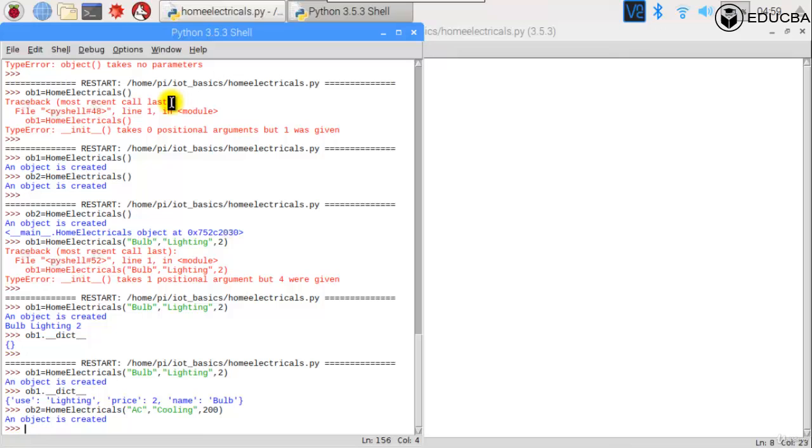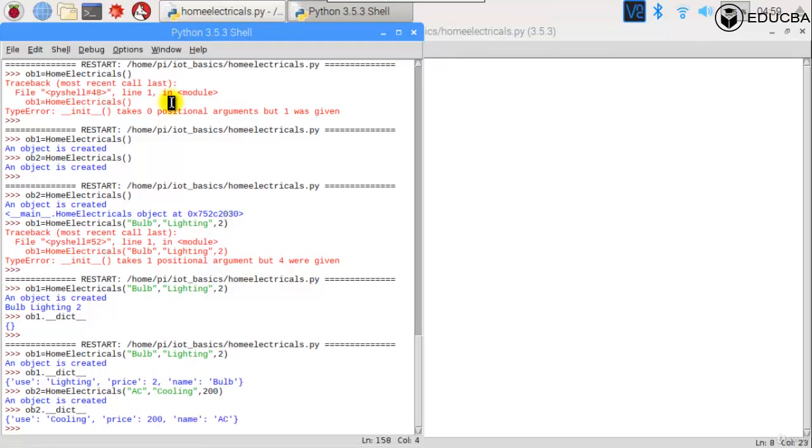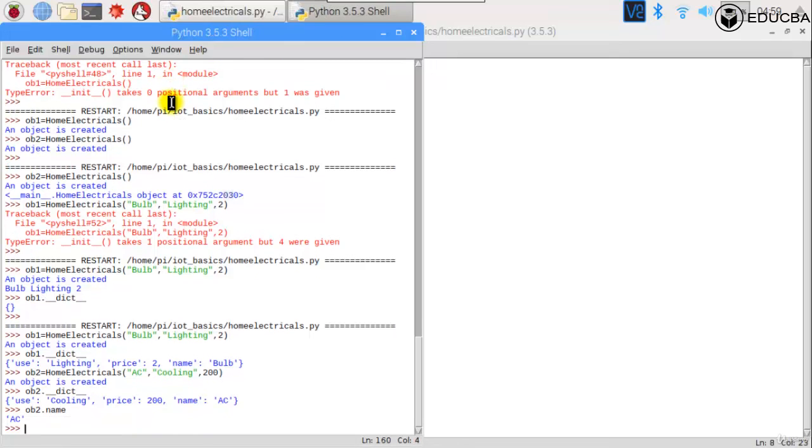So you have an OB2. Again, you can see OB2.__dict__. Again, you have AC, price, and use. Correct? You can access them anytime you want. OB2.name. What is the name of object 2? That is AC. So you pass them when you create it itself.